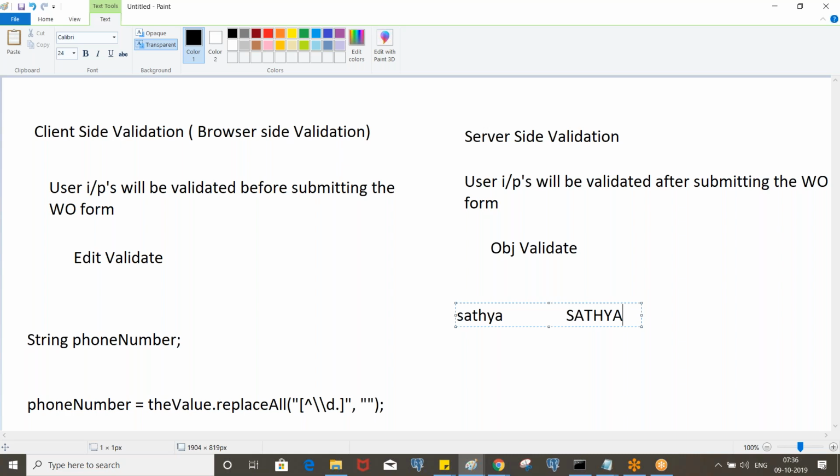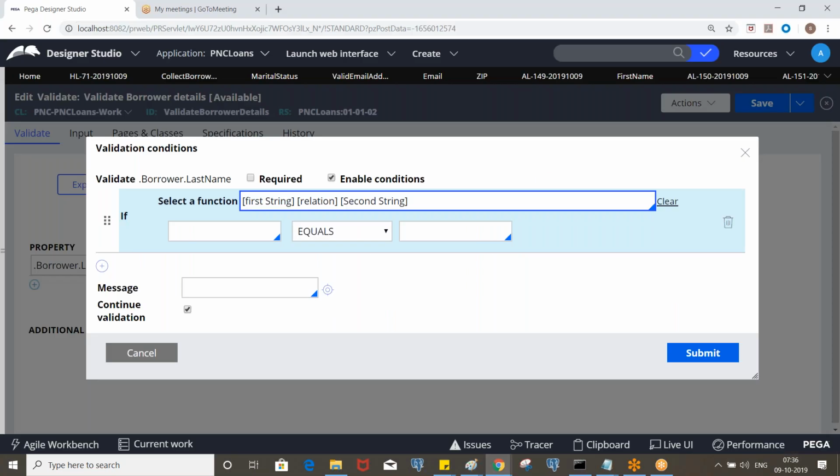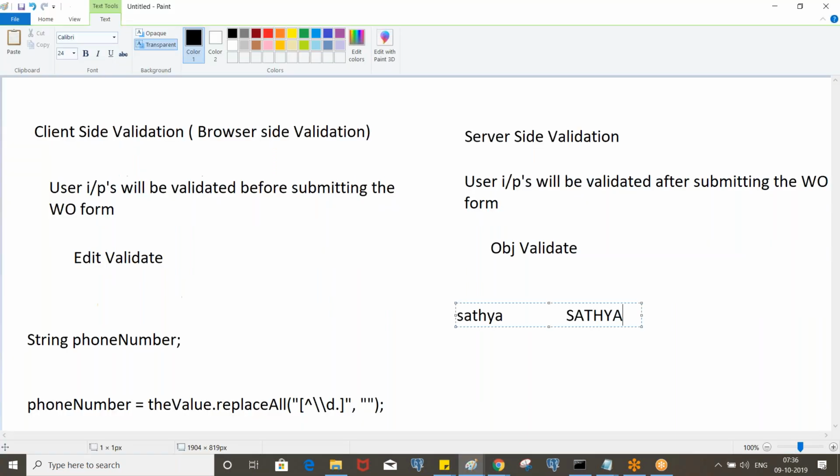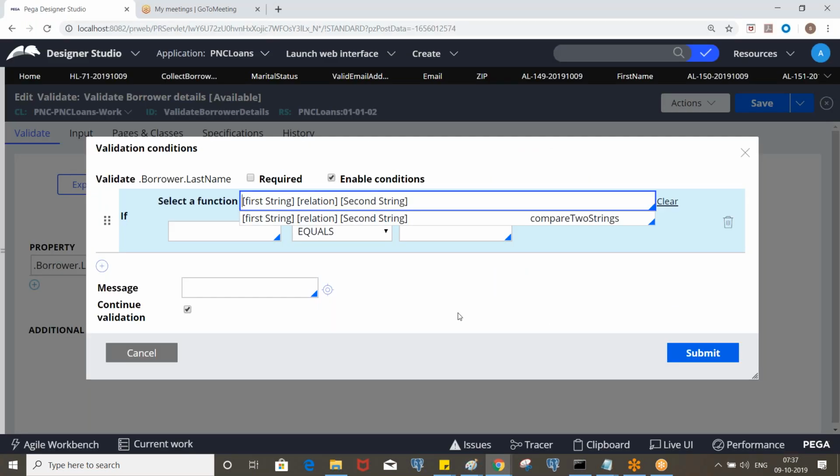It will consider both as different, because we are not ignoring the case. We are just comparing two different strings, so it will treat them as different. But if we enter it this way also, it should validate, right? For that, we need to use the ignore case function.